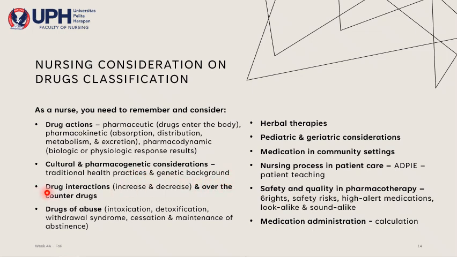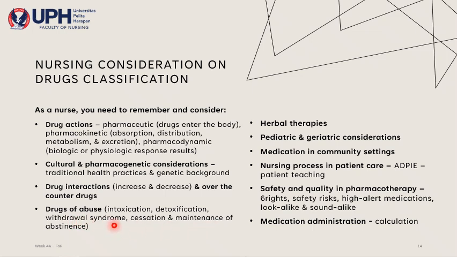And you also need to consider drug interaction, whether consuming this type of drug will then increase or decrease the other drugs. And also you have to think about the over-the-counter drugs, whether the usage of this drug then will interfere with the other prescribed medication. And you also have to think about the drugs of abuse. So for example, there is intoxication, detoxification, there probably will be the withdrawal syndrome, the cessation, and the maintenance of